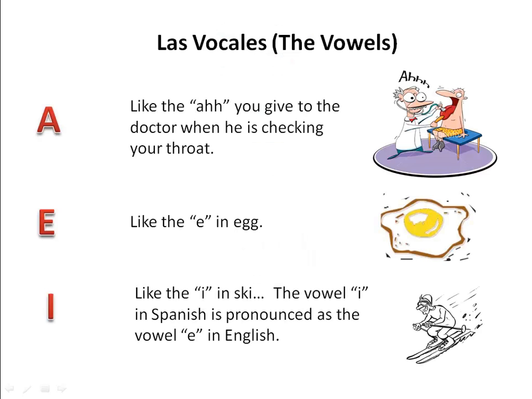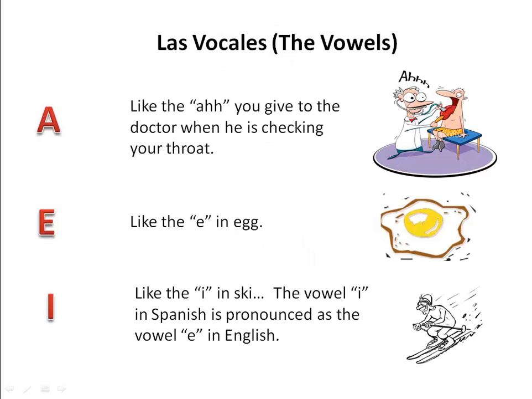So our vowels in Spanish, basically the alphabet is almost the same as the English alphabet. So our vowels are pronounced as the letter A. In Spanish is pronounced A. It's like the ah that you give to the doctor when he's checking your throat. So repitan, A. E in Spanish is like the E in egg. So e. Repitan, e,